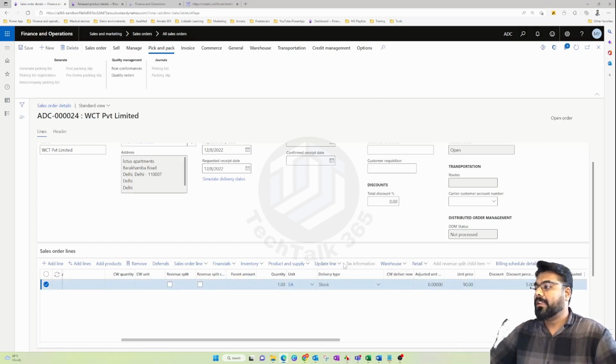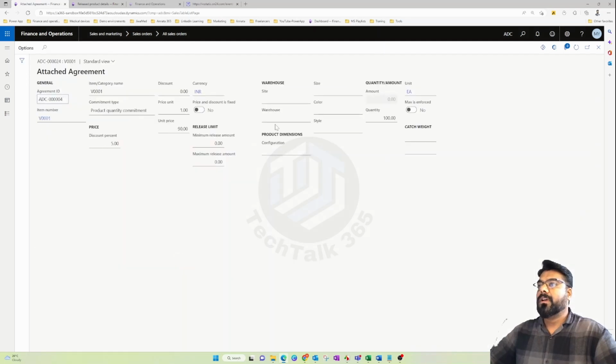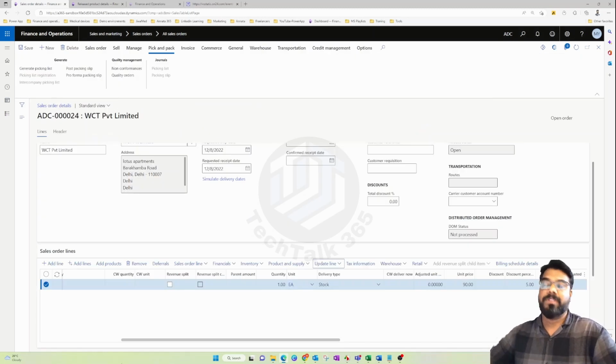So even here, if you check that, you will see there is an attachment. It is actually populating the price. Let's say I'm adding another item, a regular one, it's not a part of this agreement, then it will populate a normal trade agreement price. Okay, so you can have multiple lines in the same sales order. Some lines are related with the agreement and some lines are not related with the agreement, because the agreements are anyway attached to the line level of the sales order.